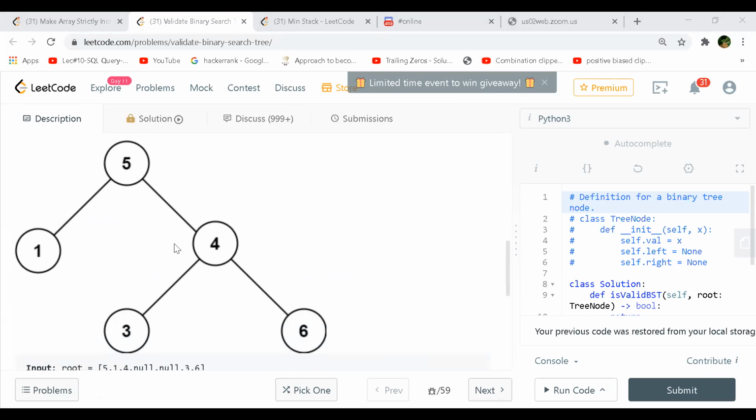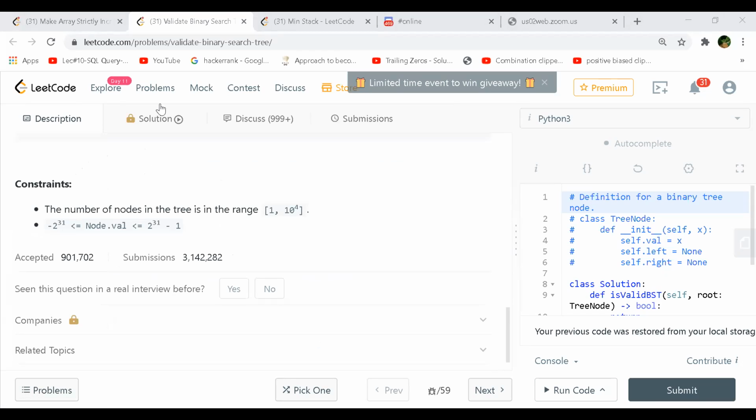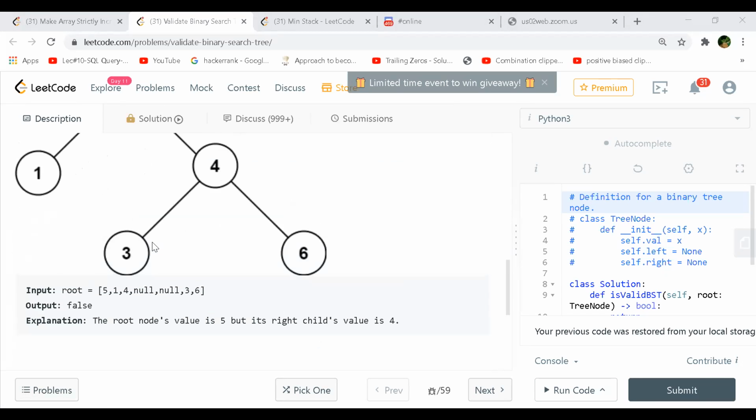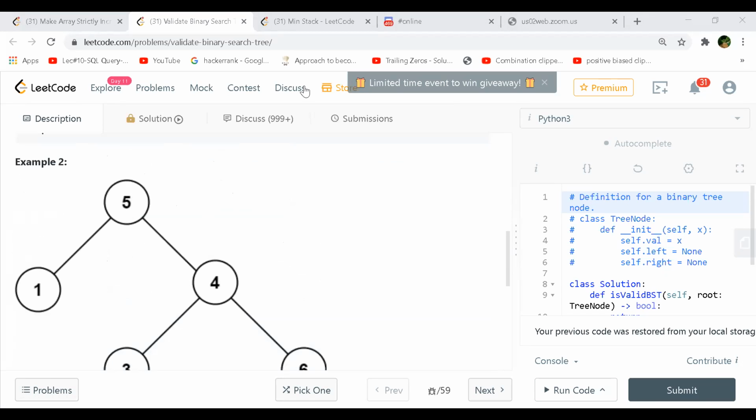So you just want to see if it's a valid binary search tree, else return false. This is a very generic problem, because we know that all the values on this side will be from minus infinity to 5, and all the values on the right will be from 5 to plus infinity.